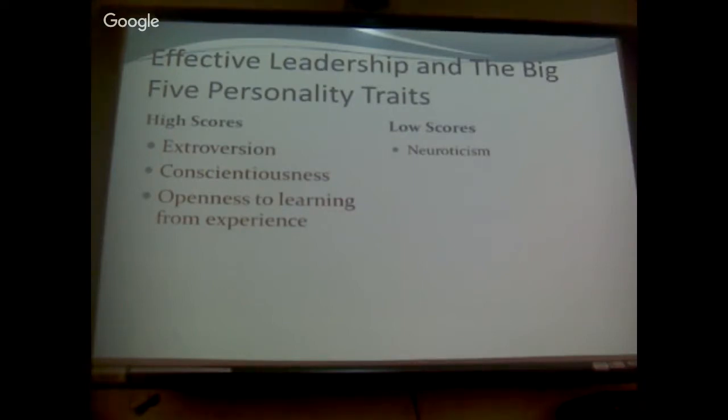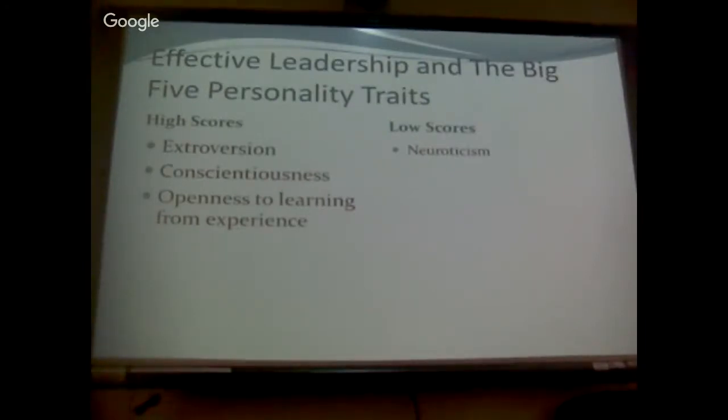Openness to learning or openness to experience matters in situations where, especially in a learning organization, you need people who can recognize what works and what doesn't work. One of the things that characterizes a lot of economic activity in the 21st century is that people are often moving into niche markets or using processes that haven't been used before. You're going into new territory, and consequently what could make a person effective in a leadership or managerial capacity was the ability to accept new experiences, learn, and figure out what the patterns are,